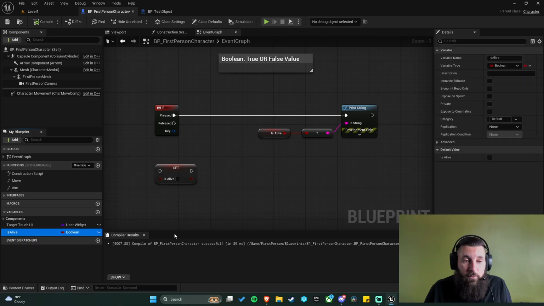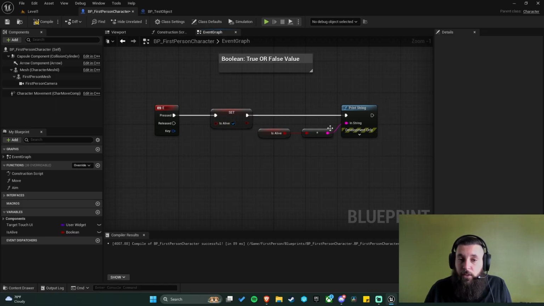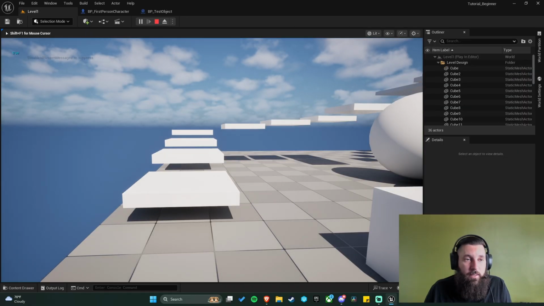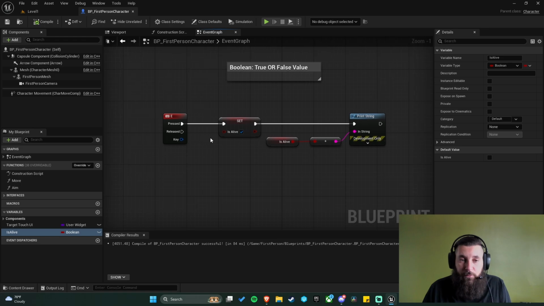So now our default value that we know is false. Let's go ahead and set this to true, and then we're going to print the value of that Boolean, right? Compile, save, press play, and now when we press the E key, we get true. So let's go ahead and clean this up just a little bit because we're going to be done with our